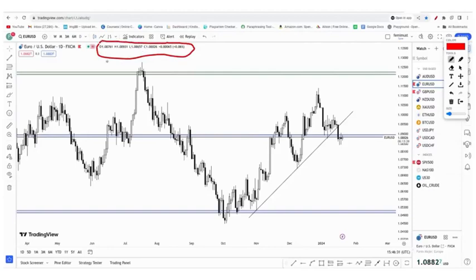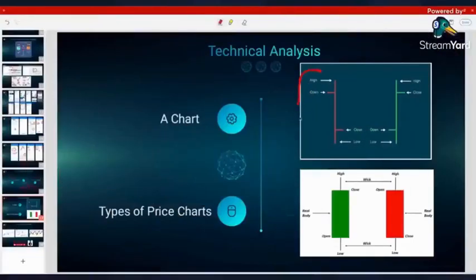OHLC. What that means is that O means open, H means high, L means low, C means close. I'm going to explain that in this next slide, so let's move into that now. This is showing